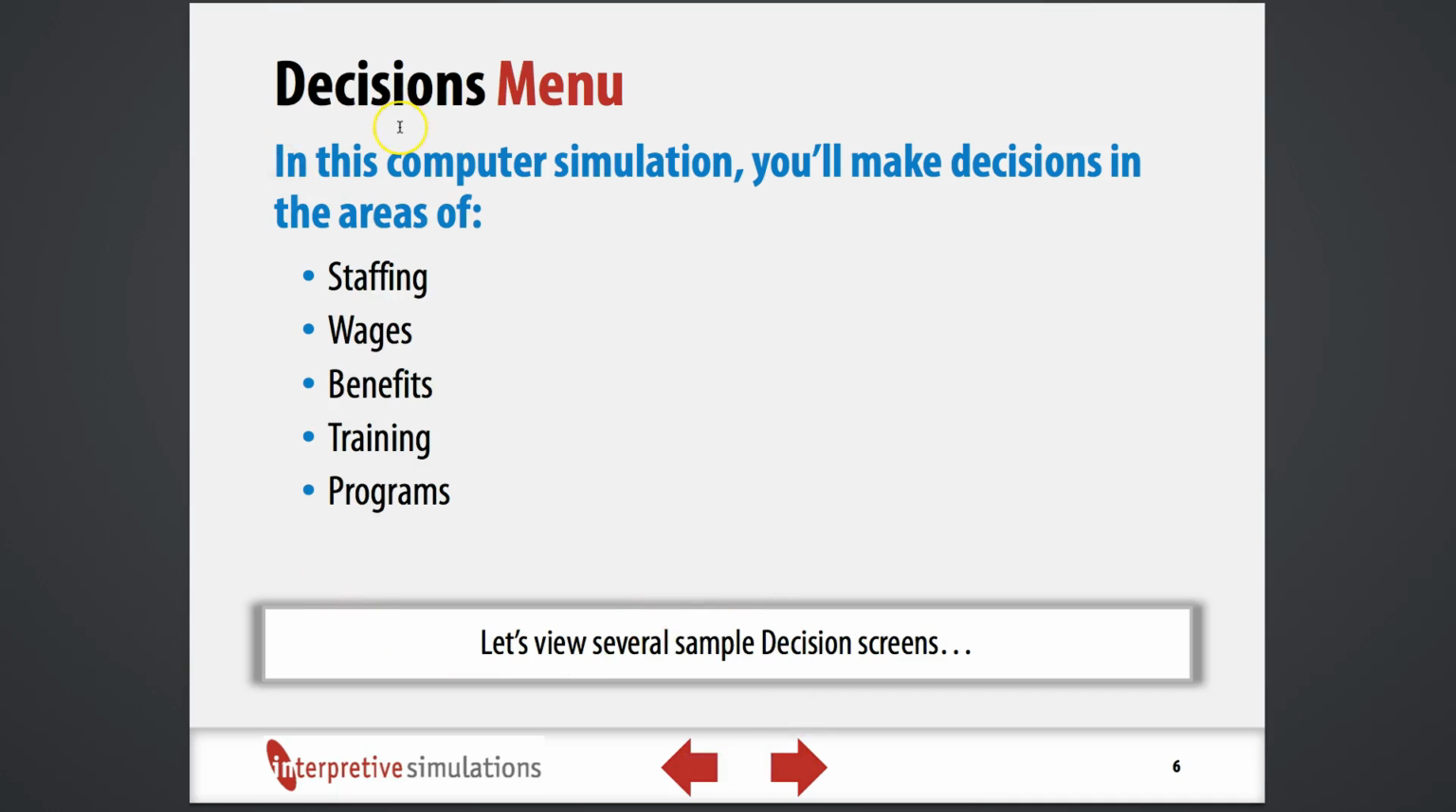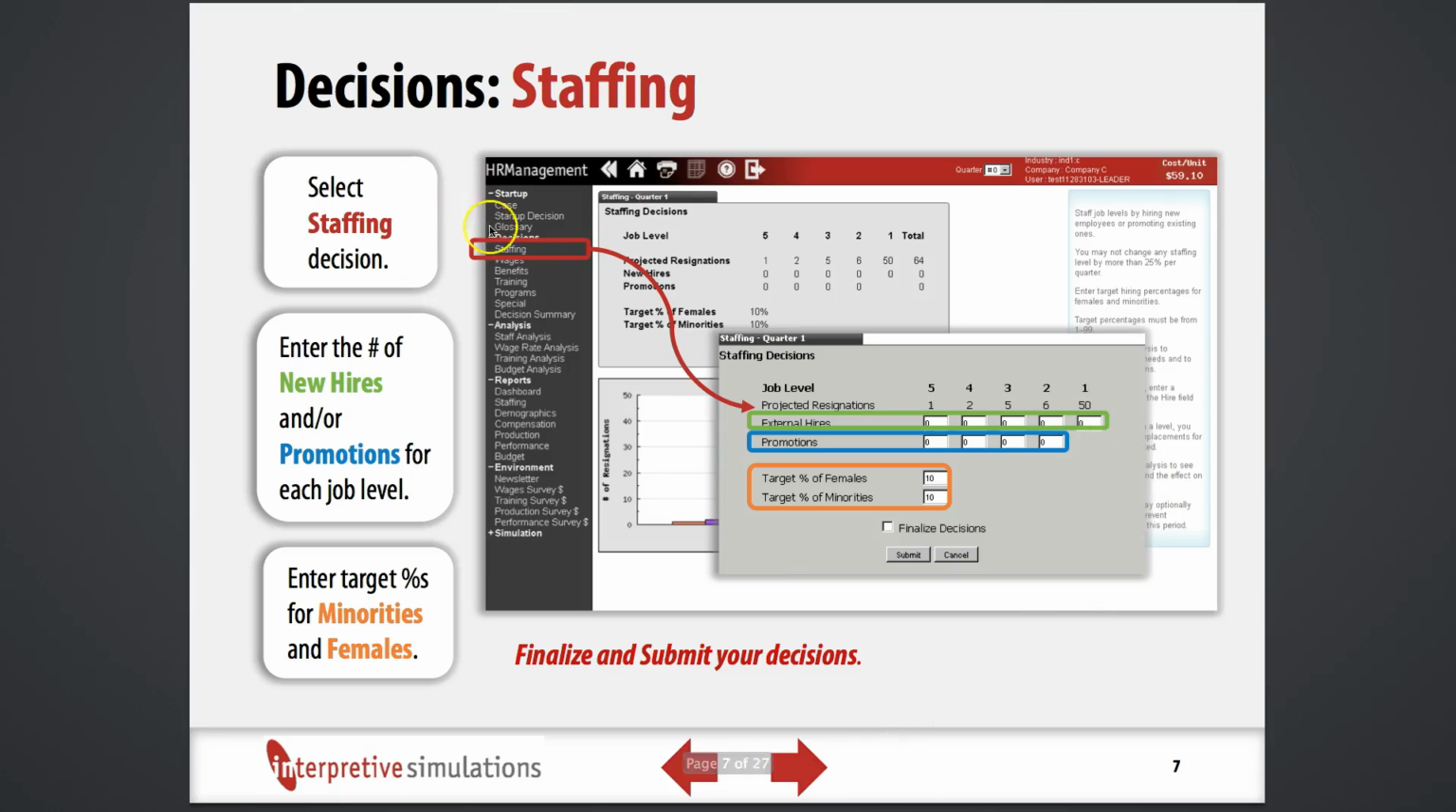You then have a series of decision menus, which will be on the left-hand side as well. You're going to make staffing, wages, benefits, training, and program decisions. Starting up here at the top where you see the decisions, we've got the staffing decision. In the staffing decision, you have to balance between promoting people from within and external hiring and making decisions based